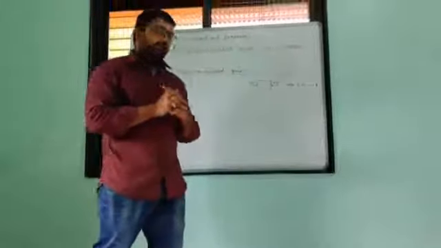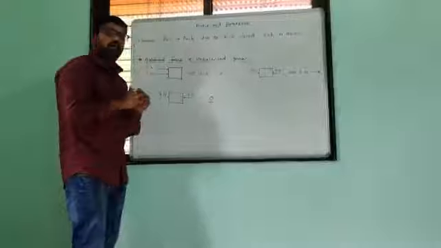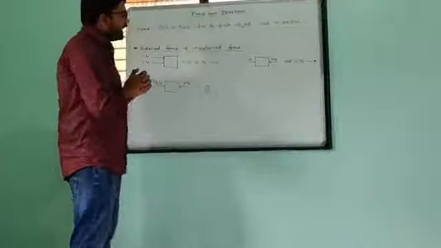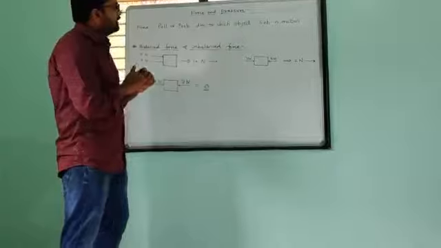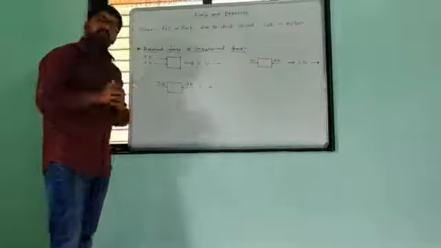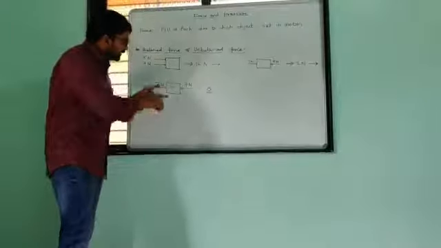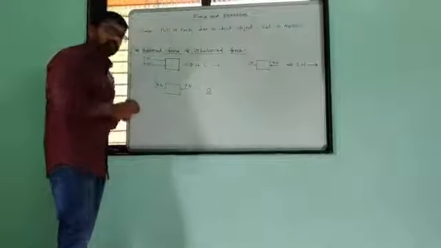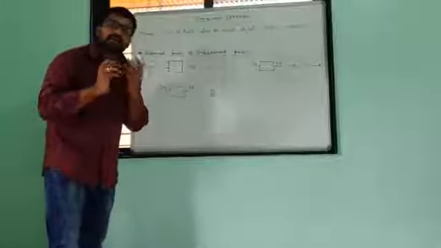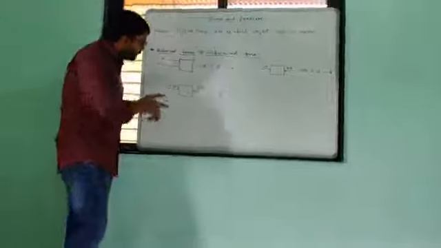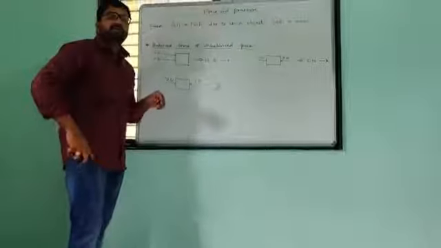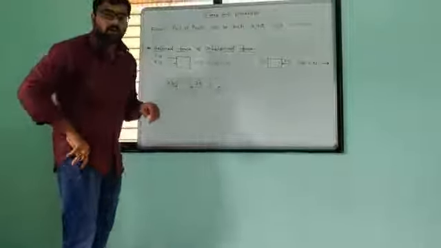Okay, now consider this is one heavy box. We have to move that box. So actually what happens when we apply force on an object? Suppose we consider this box and two persons apply the same force on that box. At that time, what happens? Now here this is the first person and this is the second person. They are applying force on this box.